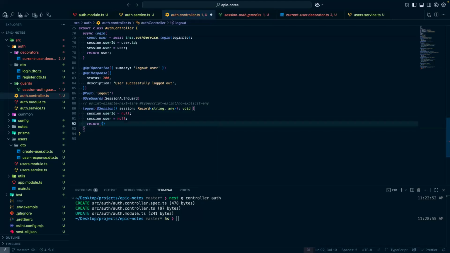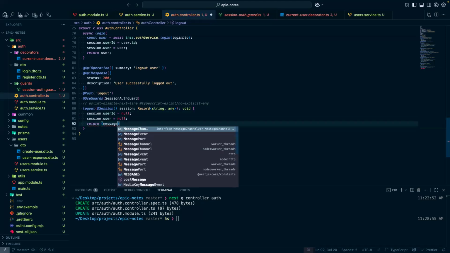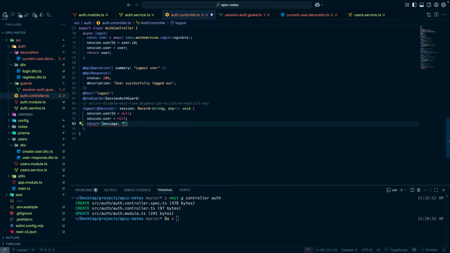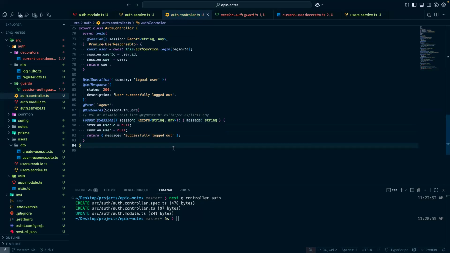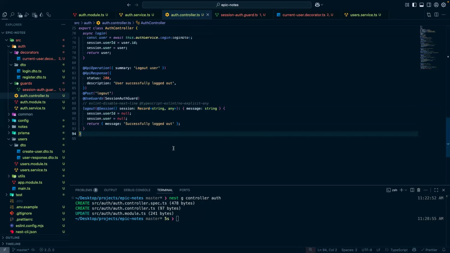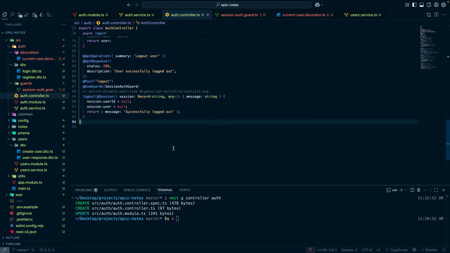Let's just return a message. We see it successfully logged out. But here we specify this is not void, an object with message or string to make TypeScript happy. Great. So now we have our login method,